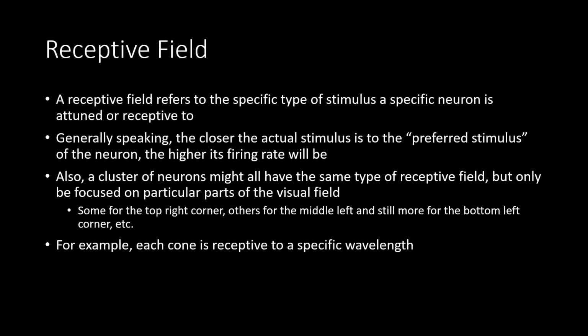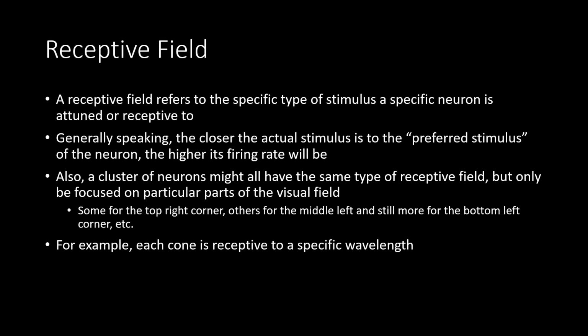Moving on to receptive fields. So a receptive field refers to the specific type of stimulus a specific neuron is attuned or receptive to. So we already, I'll get to that example, sorry. Generally speaking, the closer the actual stimulus is to the preferred stimulus of that neuron, the higher its firing rate